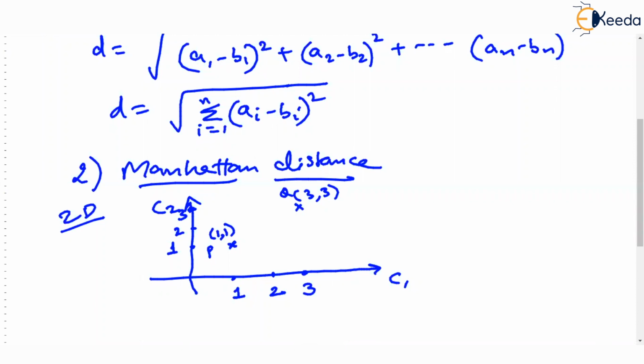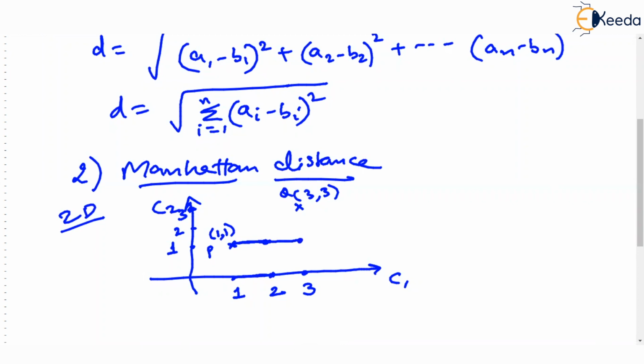Unit steps should be horizontal or vertical. So let's take steps of size 1. See, the first step from P I'm taking is exactly of size 1. Check that I have gone from 1 to 2. This is a horizontal step. This is of size 1. The second step I take again is a horizontal step of size 1. From 2 to 3 I have gone, step size 1.